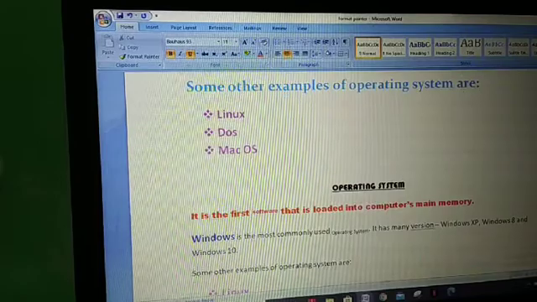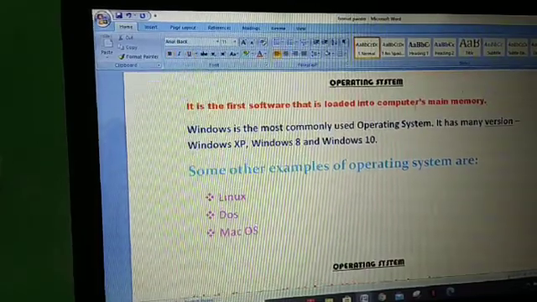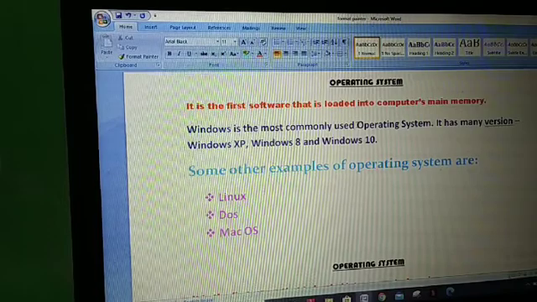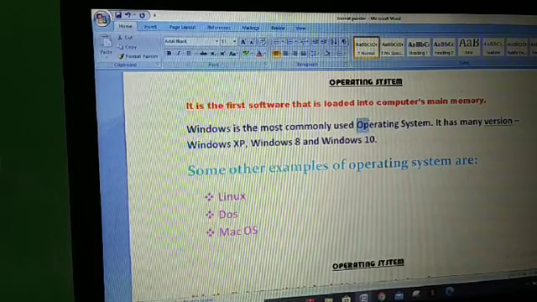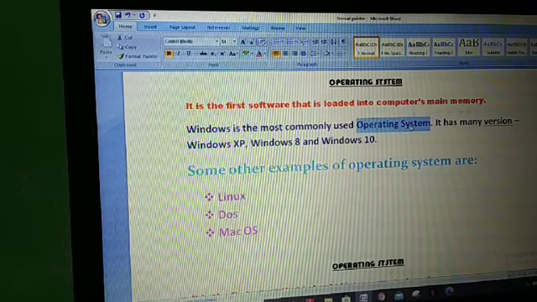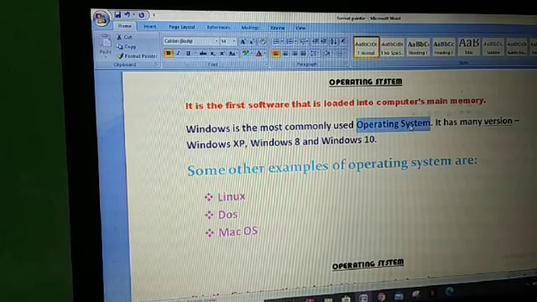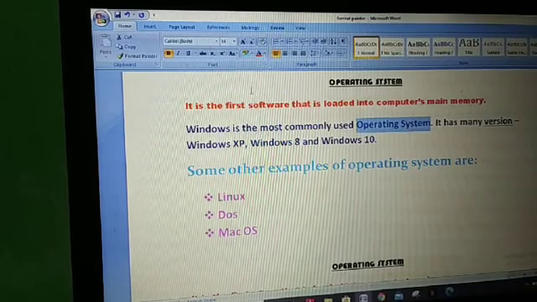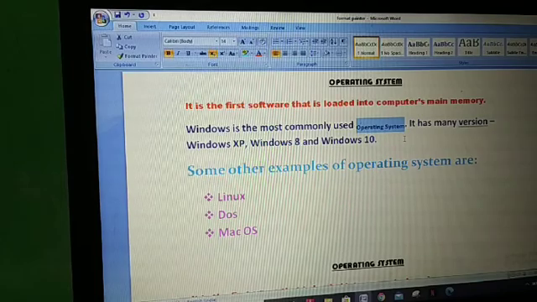I can repeat that process again. First of all, you select the text which you want to change into subscript. Select that first, then go to the subscript button, and you can see the change.